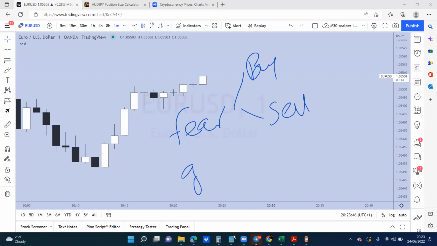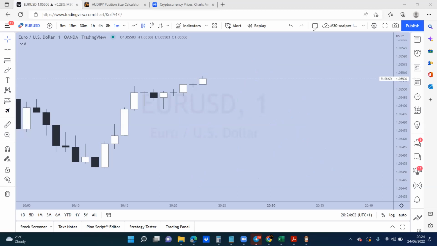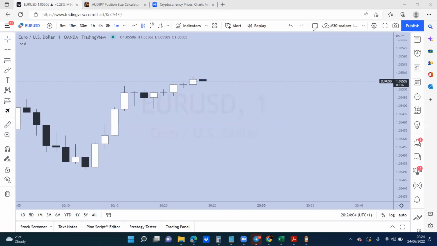Same thing when people are greedy, they take actions either to buy or to sell. I'll give a good example so you understand why this candlestick here is giving you a global representation of fear and greed. Let's say